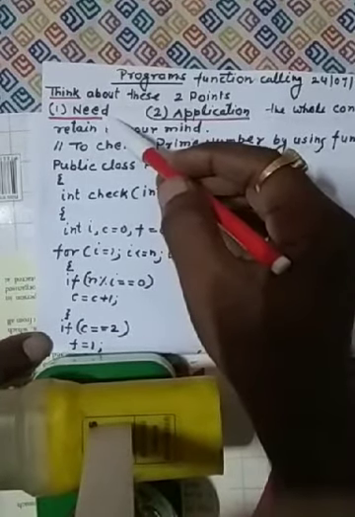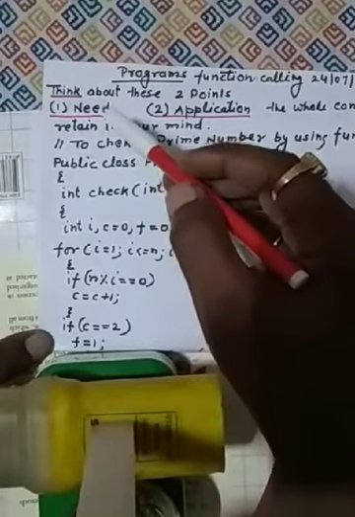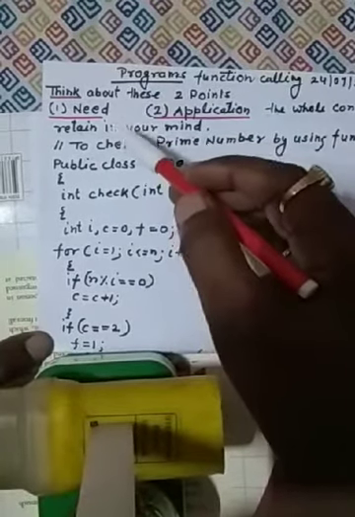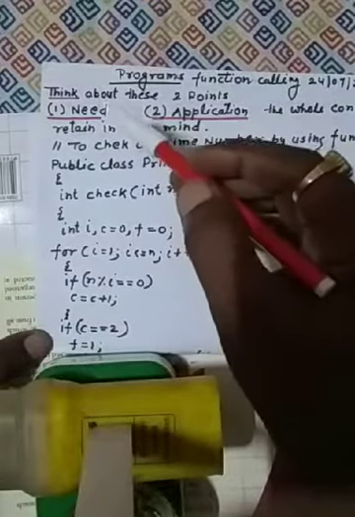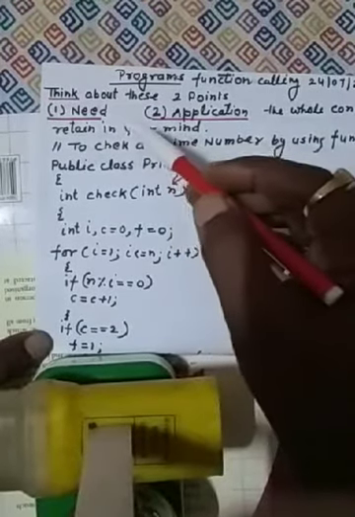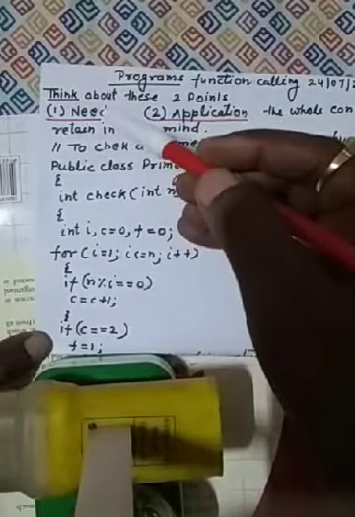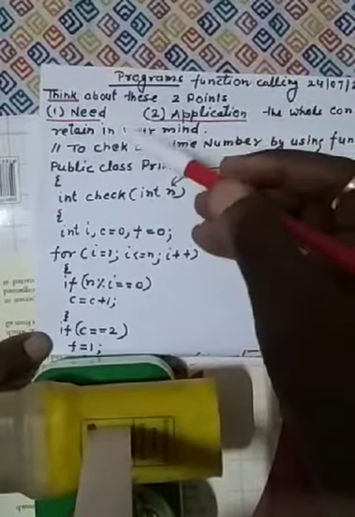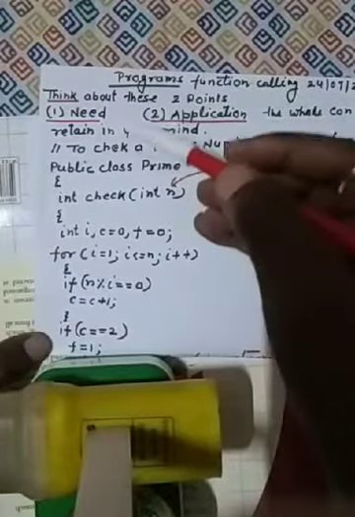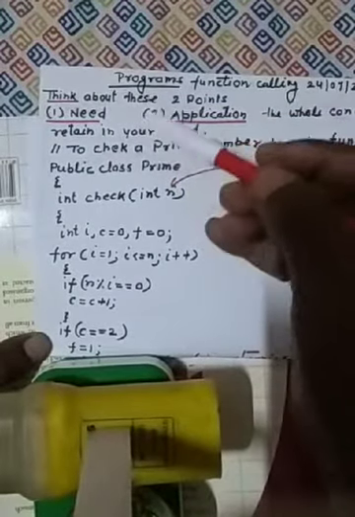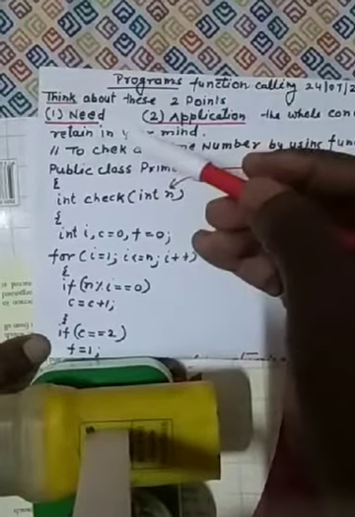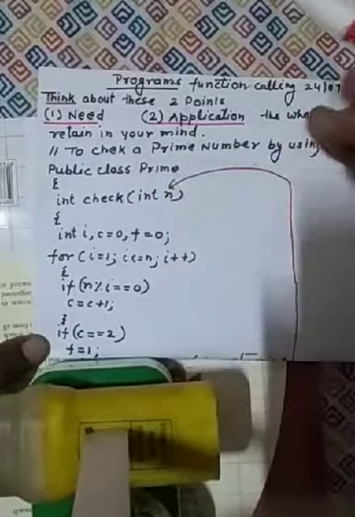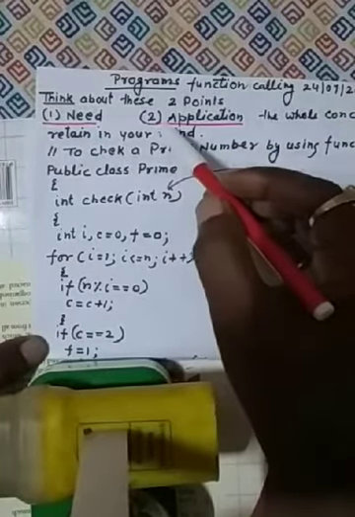I discussed earlier that if we have created any method, function, procedure, or subroutine for any problem, there is no need to create that method again and again. Once you create it, if you require it in future, you can use that method, and that is called function calling. Its synonyms are invoking, function calling, function execution. So there are so many synonyms.